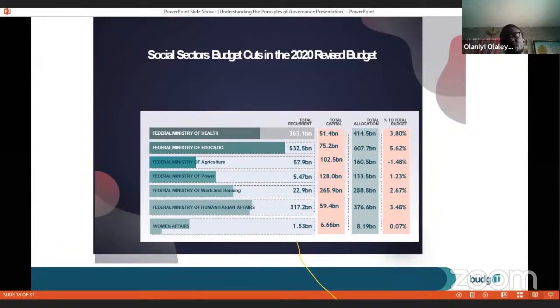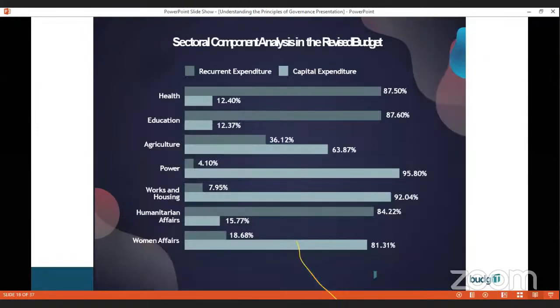Across board, the problem is very, very enormous. Let's look at power. Just 1% to the power sector. And you'll be shouting that Nigeria is not properly allocating monies to this sector. So these are the issues we have in Nigeria. So the sectoral